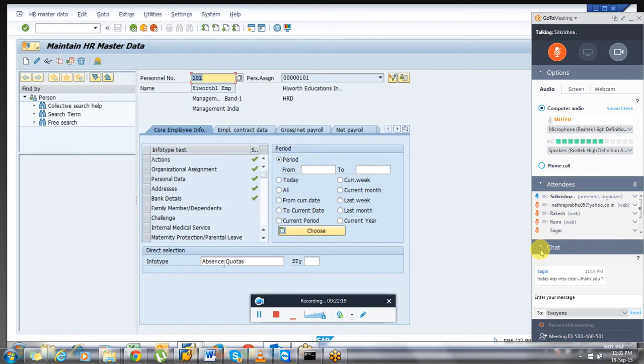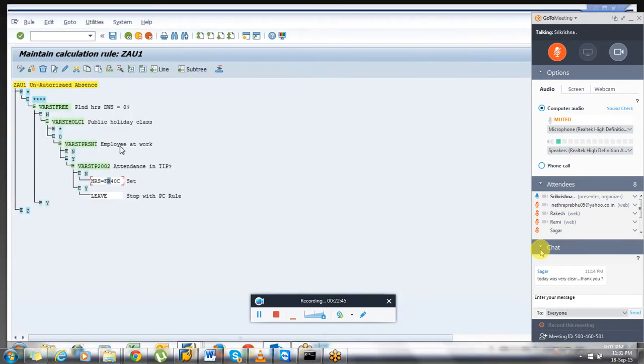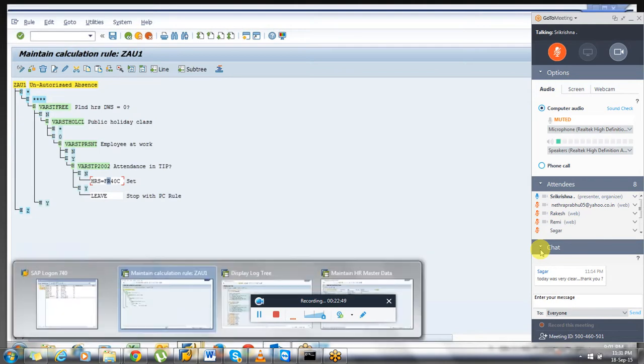So this is the quota type we have available here, right? 40 is the compensatory off. So let us say the client requirement is like that. If something is available in his comp off first, we have to deduct those unauthorized absences from his compensatory off. It is not available over here, but the compensatory off we are going to generate when the employee worked on